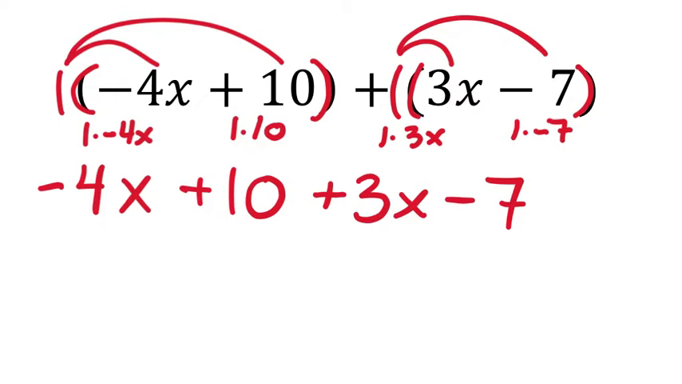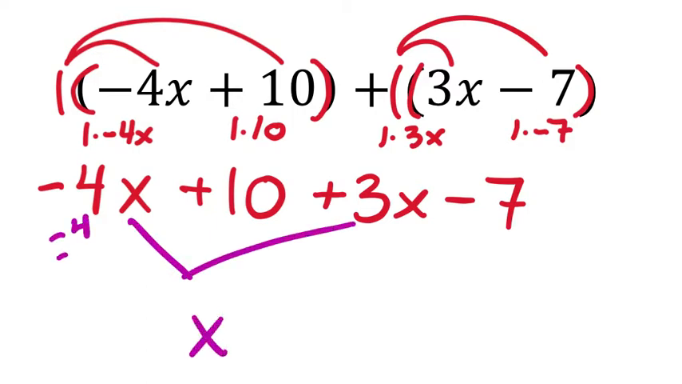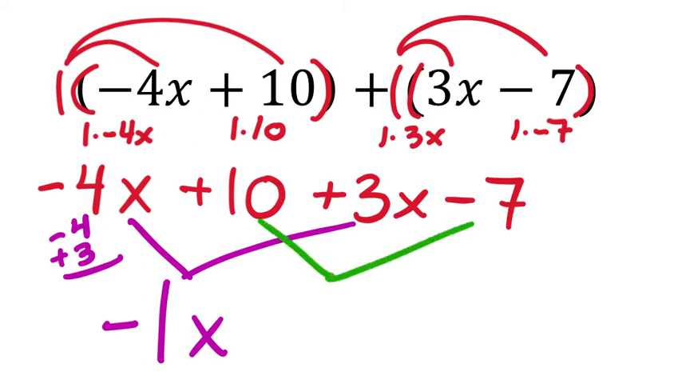Now that I've distributed those 1s, I look to combine any like terms that I have, and I see I got some x terms here. So how many x's would that be? You'd have -4 and then plus the 3, which would result in -1 x's. And then also, you got constants of 10 and -7, so that'd be like 10 minus 7, which is